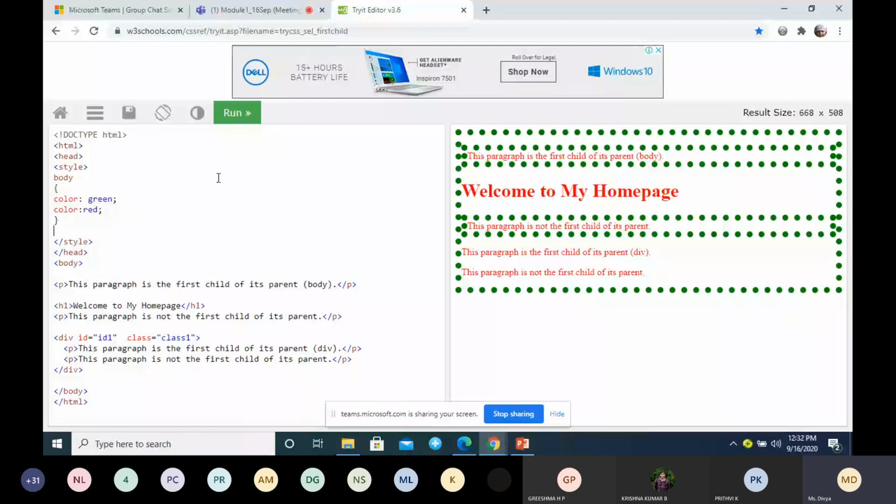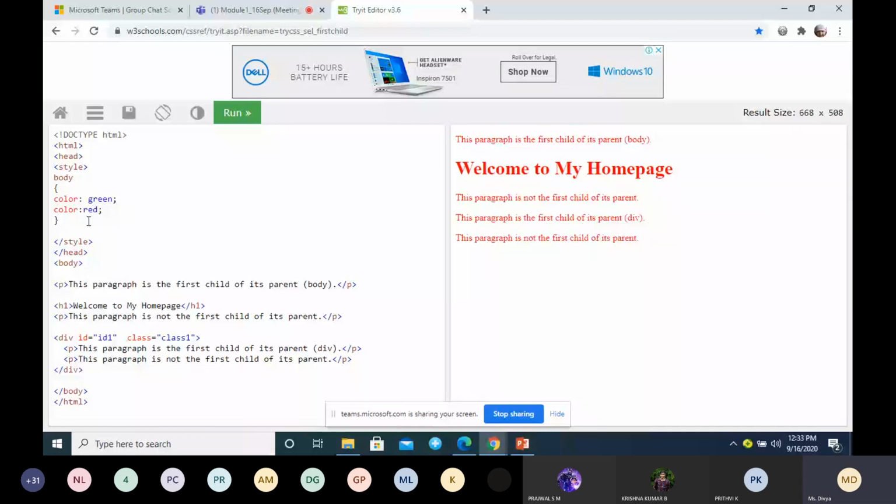Prajwal, which color? Red. So you are getting red, because this is the latest one.